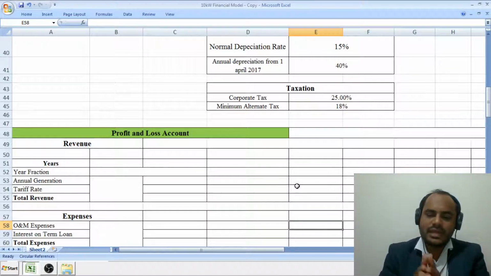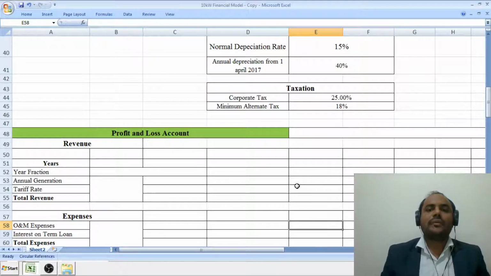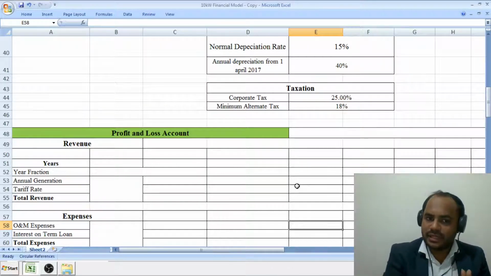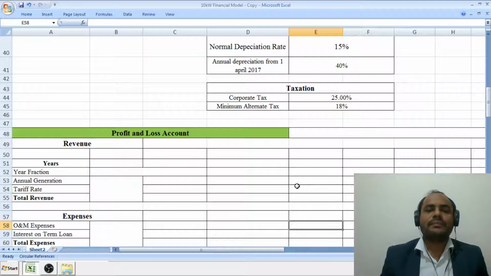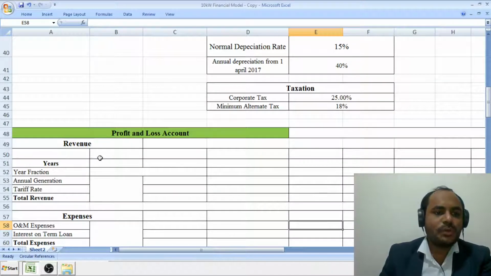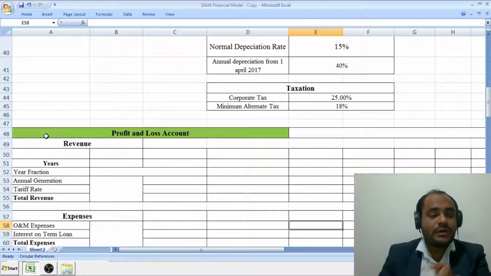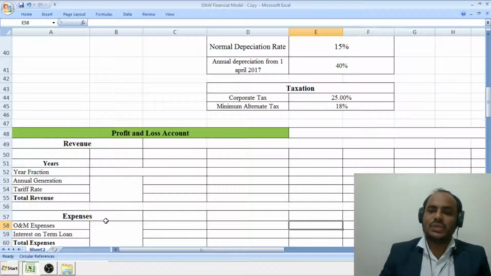Whenever we are doing the financial modeling, we have to do the modeling for a span of 25 years, because the warranty period and the lifetime of solar panels are 25 years. That is why we have to calculate the revenue we are generating and the expenses under the operation and maintenance parameter for the 25 years. One by one, in the first row, we will proceed. In the profit and loss account statement, we first consider the revenue generation, then we proceed to the expenses of the solar power plant.